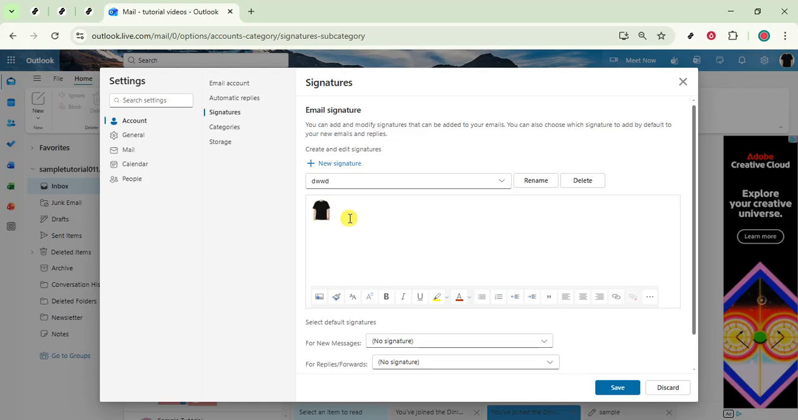After you're happy with the placement and size, click Save. That's it. Your signature now includes your logo, and Outlook will insert it whenever you use that signature. If you ever want to adjust the size or swap the image, just come back to the same signatures area